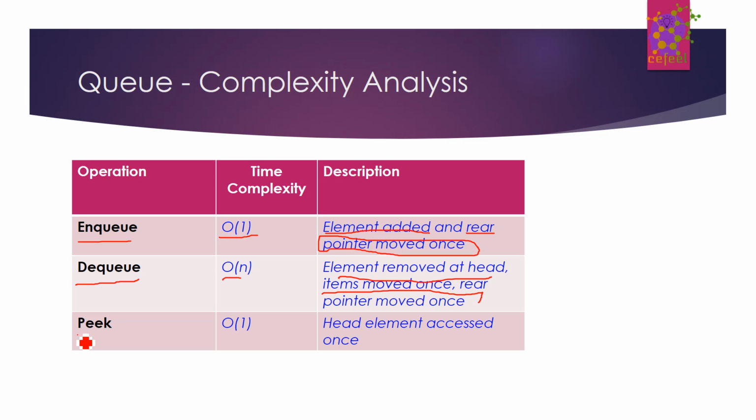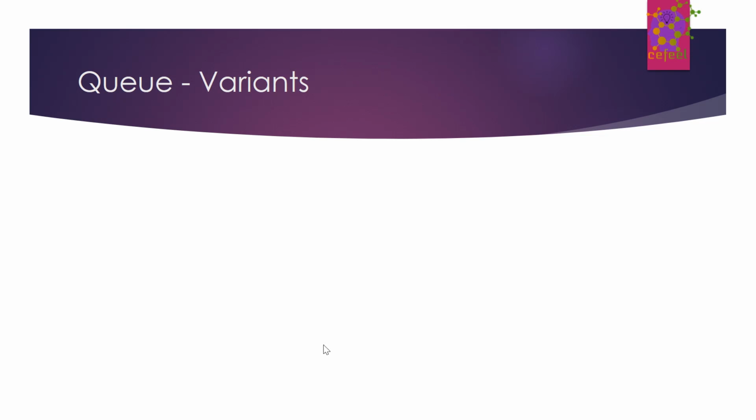Then the peek operation, which also does nothing, we just go ahead and check the head element. We don't move any elements or do anything, so that's also order 1. So as you can see, this is the time complexity of the various operations. It's only the dequeue operation which is costly here, which runs in linear time to the size of the queue. Cool. So that was the time complexity, and finally let's see